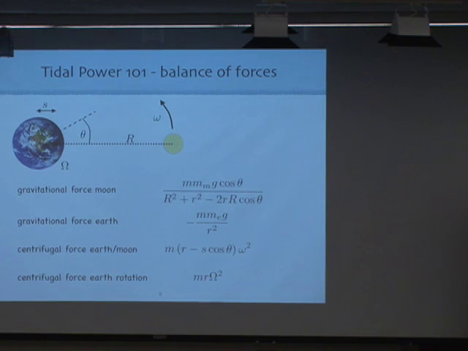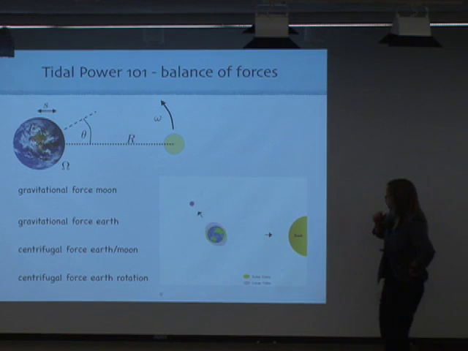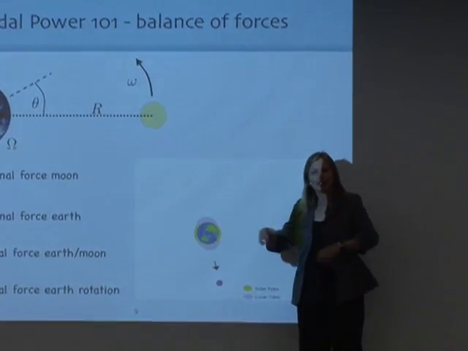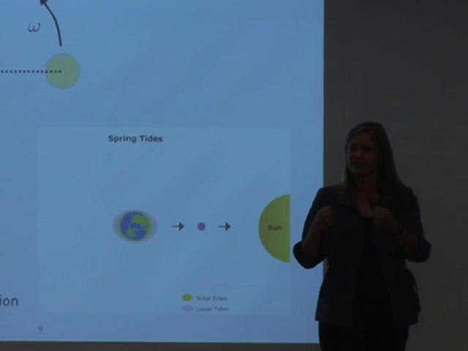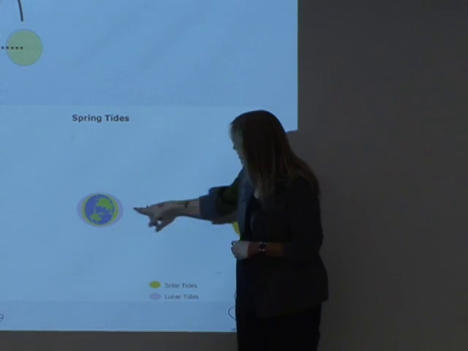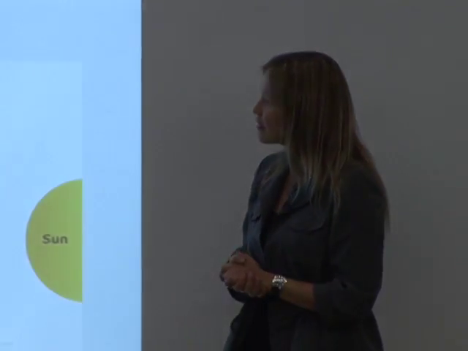And if we put that all together and look at it, then we have this sort of system where the ocean, if the Earth was covered completely with water, would bulge on either side of the moon. So here's the moon and the sun. So not just on one side, and we have what we call a semi-diurnal tide. But of course, because of location of land mass and so on, this is not quite the case.